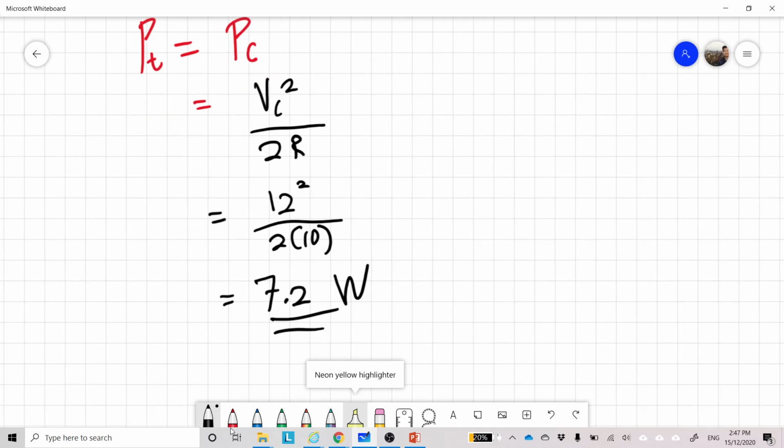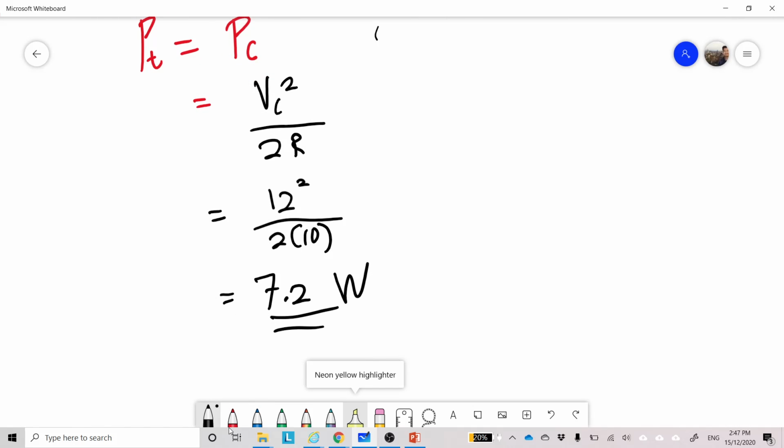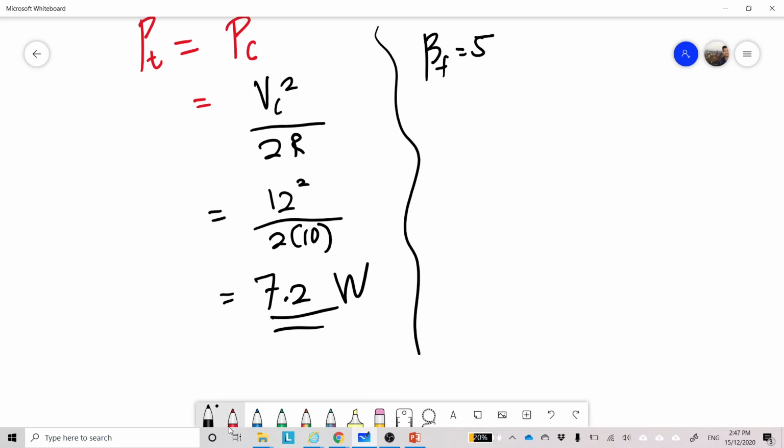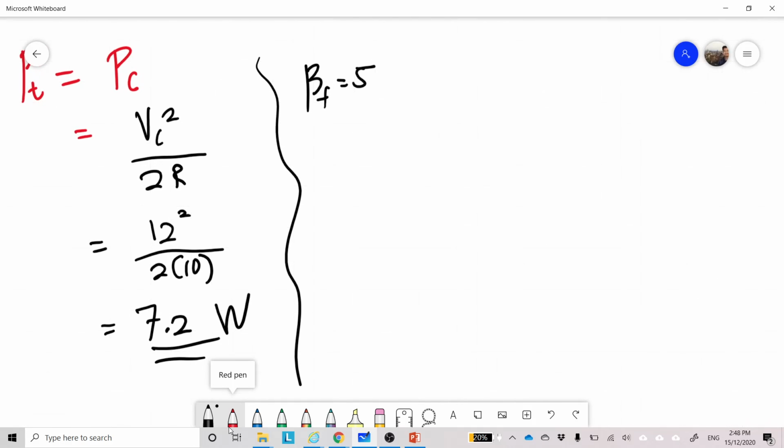Okay, katalah saya nak gunakan equation yang panjang tu. Okay, so remember that if beta f is equal to 5, so you need to look at the Bessel table. So beta equal to 5, you're going to see that there are 8 significant sidebands. Akan ada 8 significant sideband. Okay, n equal to 8. Okay, so you see that